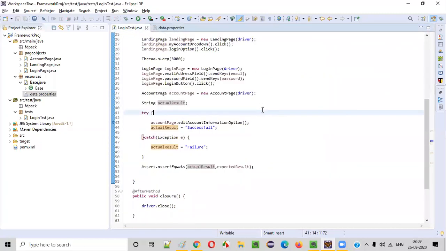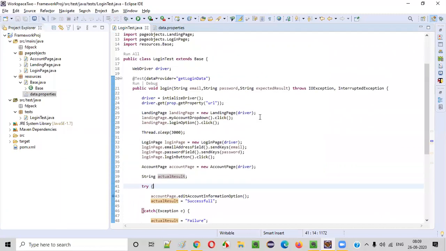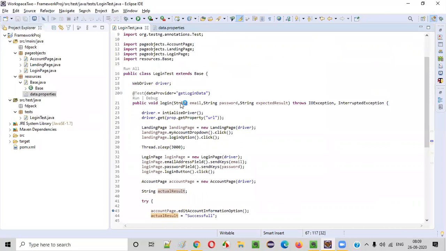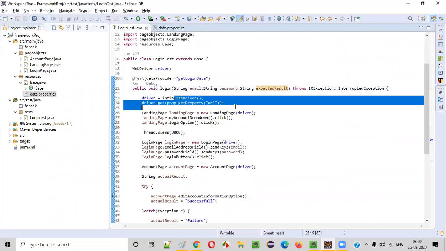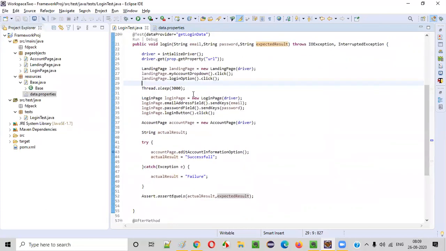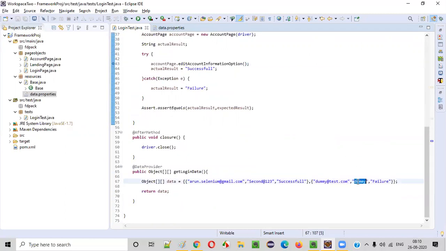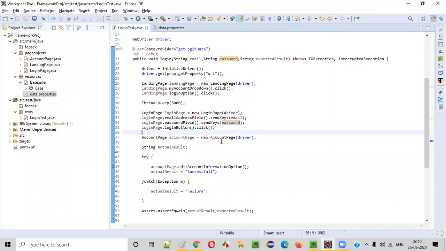Okay. So somewhere the things are going wrong. Let's say this particular data is passed. The data is going here. Dummy test dummy and expected result is failure here. Initialize driver. Open the application. It has clicked on the login. Then it has to enter the credentials. In case of email, it has to enter this dummy test. In case of password, it has to enter this password. That's fine. Dummy password. And when it clicks, it will not log in.